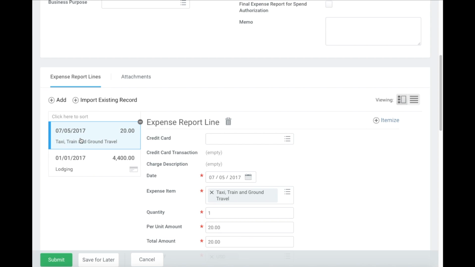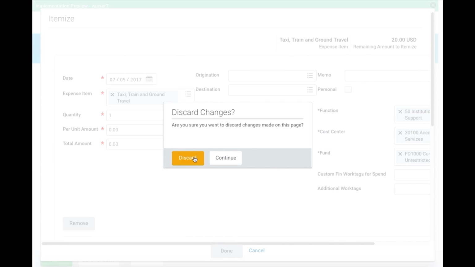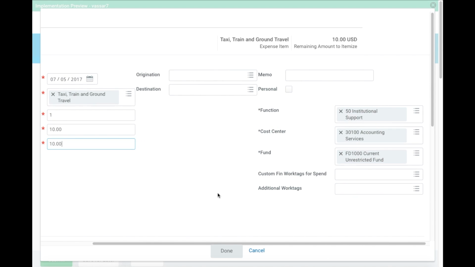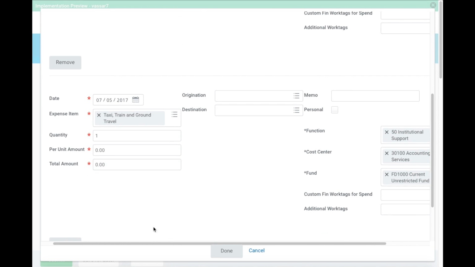For the line item, if I just hit itemize, up here it's telling me, okay, for $20, so I'm going to say it's 50-50. So $10 is going to get covered by accounting services, and I scroll down, and I can say the other 50% is going to get covered under